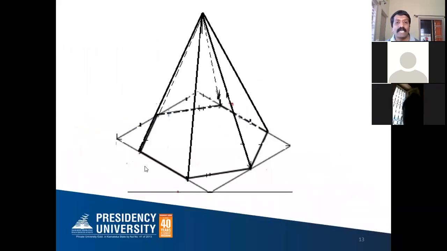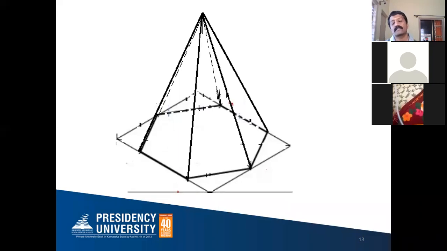So the base edges concerned are 1, 2, 3, 4. These are all the outermost boundary lines. You can see this base edge and this base edge, but you cannot see these two, so you put them as hidden edges or dotted edges. And the slant edges from here to here you can see, and from here to here you can see. Only these two which are behind, from here to here and here to here, the slant edges that you cannot see, you mark as hidden edges.